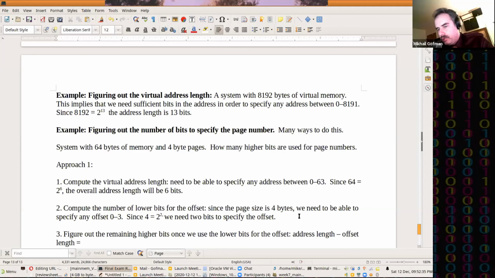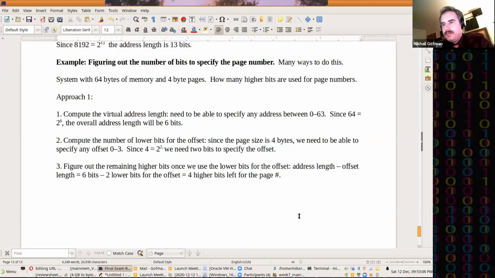The address length is 6 bits, as we figured out in the past part, minus 2 lower bits for the offset, and we have 4 higher bits left for the page number. Okay,